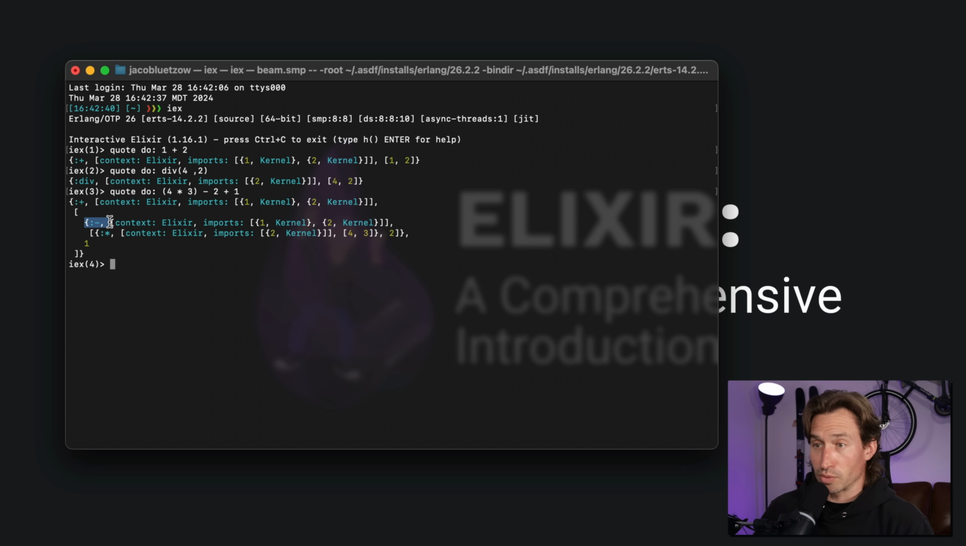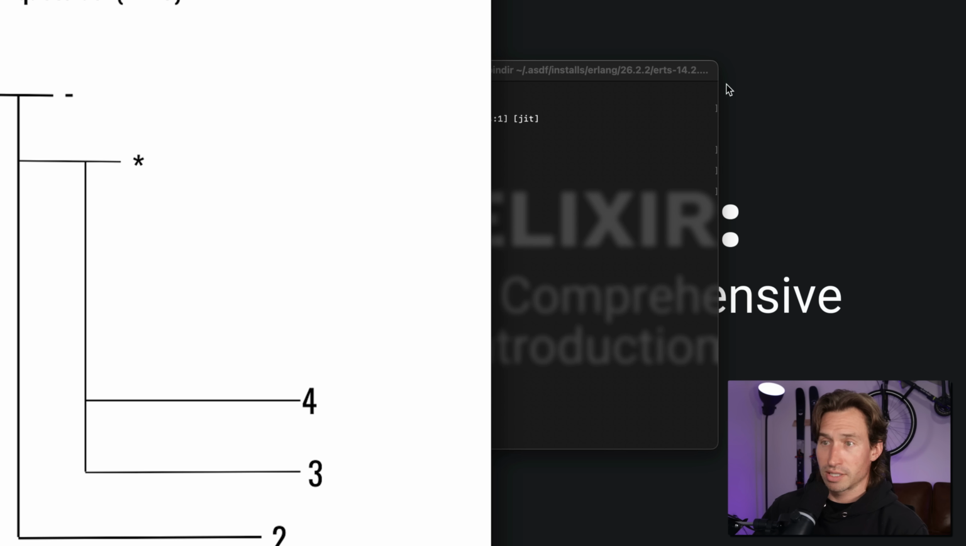And then look, we're subtracting whatever we get here. We're subtracting 2. And then we're adding whatever we get back by 1, and that's in the far outside of this tuple. Now, it's probably a little confusing to follow this in the terminal, so I made a little diagram for us,